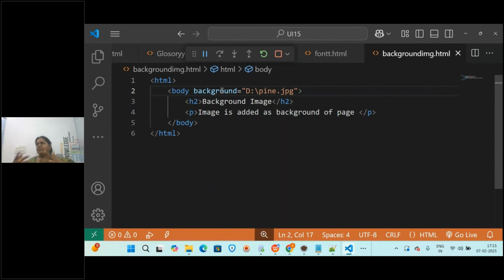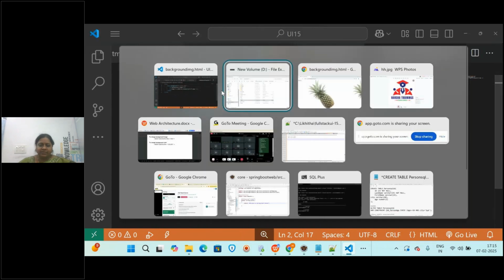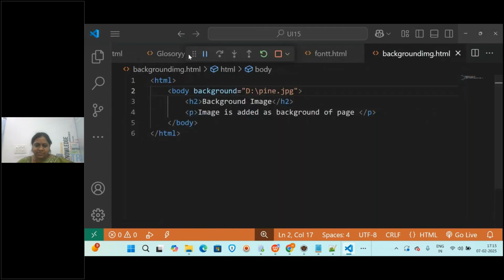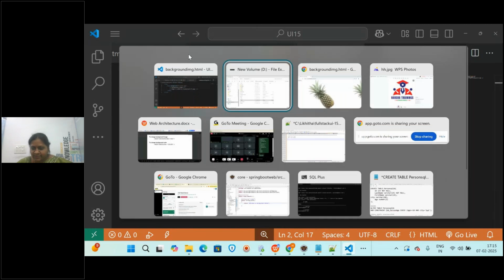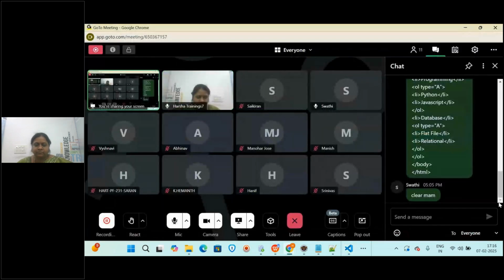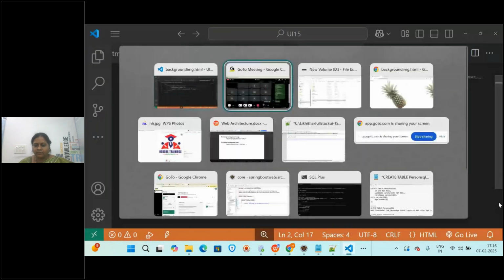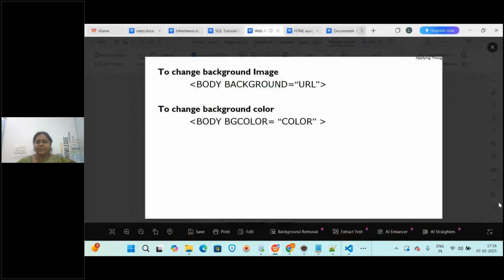This is like full background. As color, how is it applied? It is applied to the complete background of the page. Whatever images you have, you can also try. Clear everyone? Online students, do you have any questions? So these are the two attributes for the background, like URL and then bgcolor.